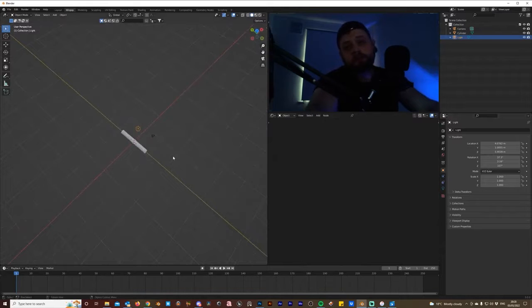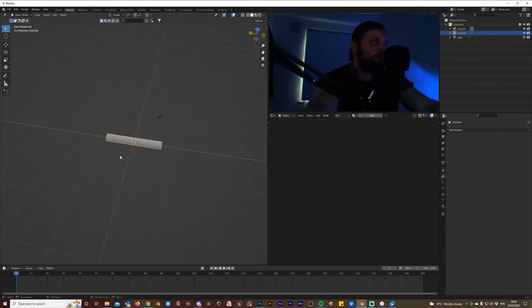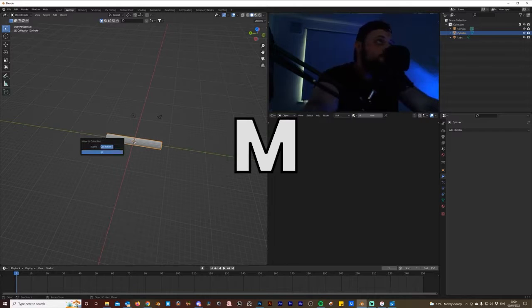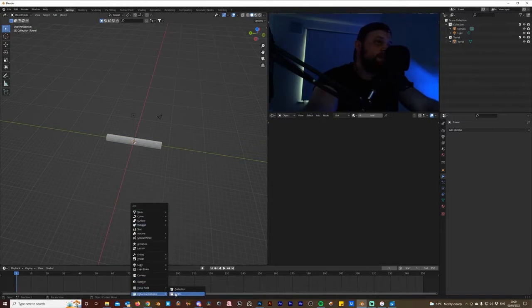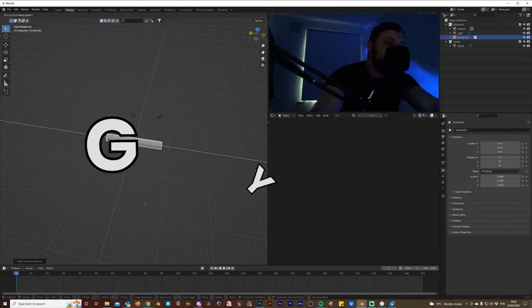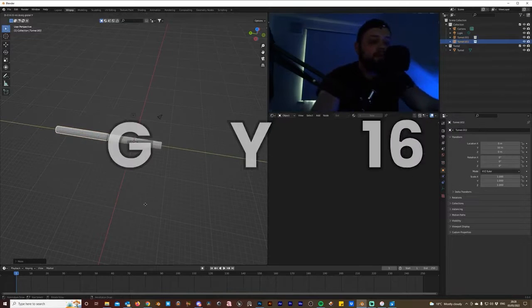So if you had a long tunnel and you wanted to populate lights across the tunnel, instancing, you're going to have no trouble doing that. Just create that instance. So click on the tunnel, hit M, add a new collection, and we'll call that tunnel. I'm going to call this thing tunnel as well. And then I'm going to hit Shift A, add a collection instance, tunnel, and we'll hit G Y 16, Shift D, Y 16,